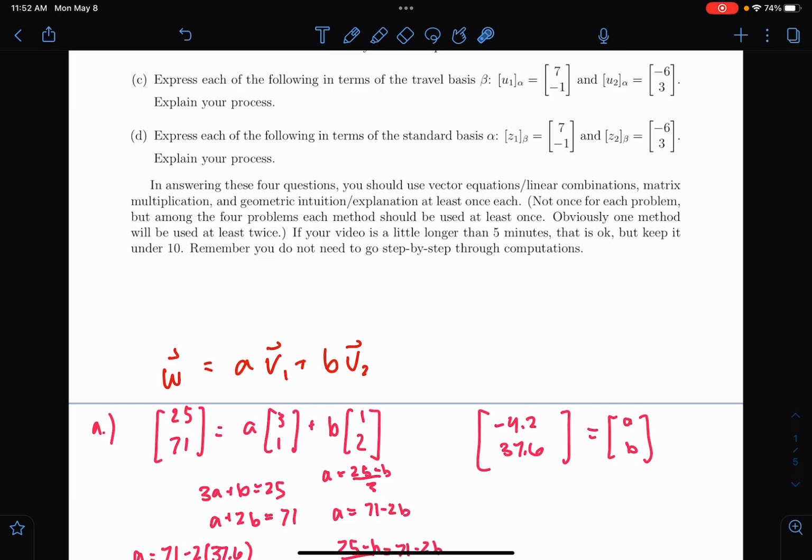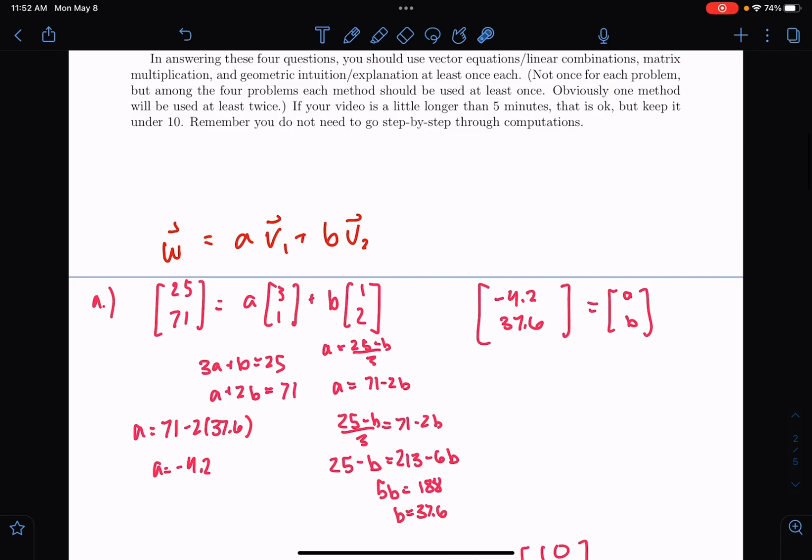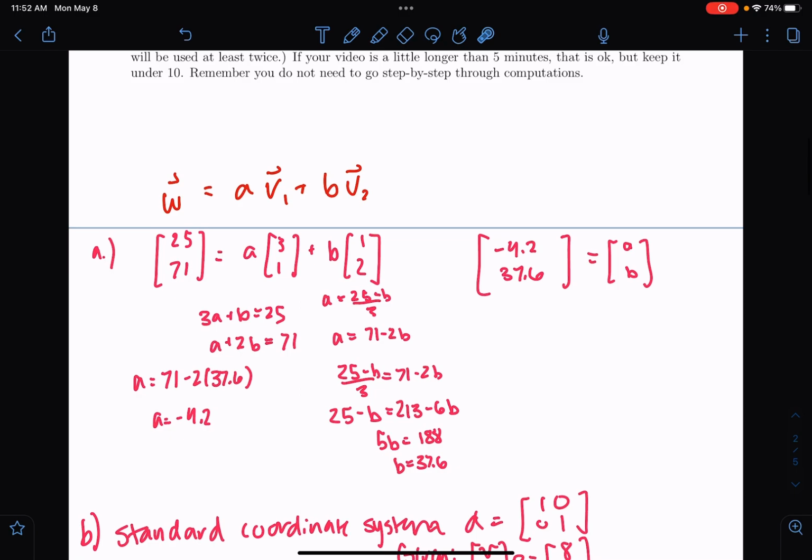And then this is just like the amount of time you have to travel on each vector to get to this one, which is what we've been doing for a long time with the linear combinations, but that's just another way to interpret the standard basis and the new basis. So you can see these vectors come from the beta basis. So I went ahead and set up that linear combination right here, and then went and solved out the